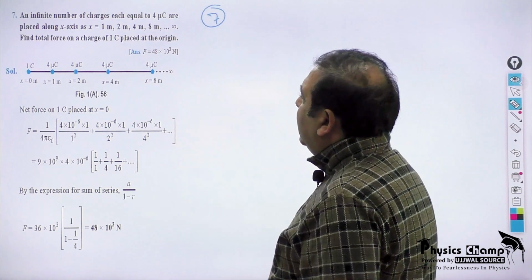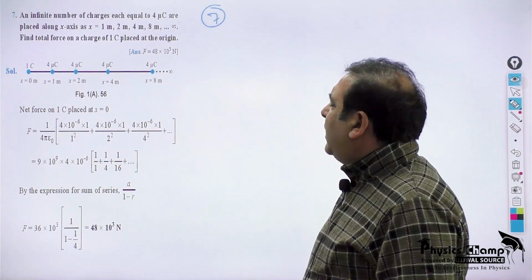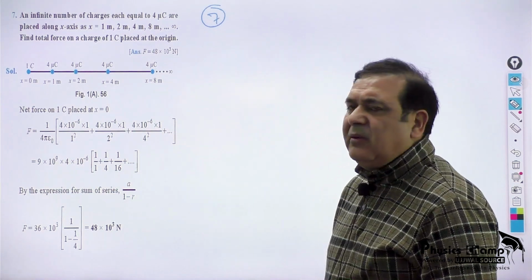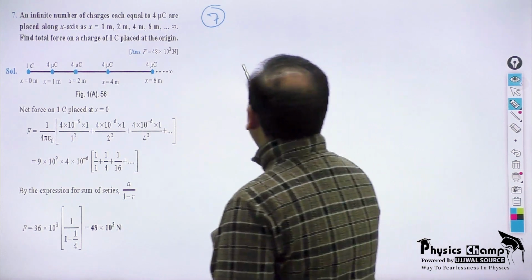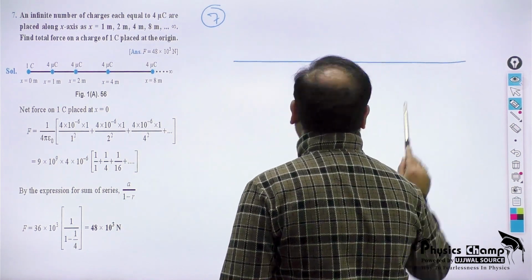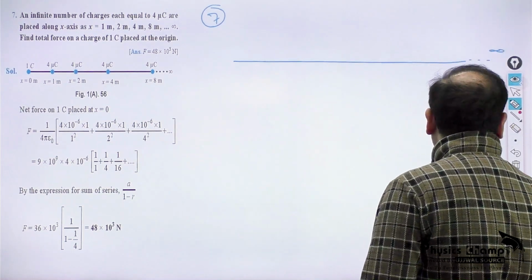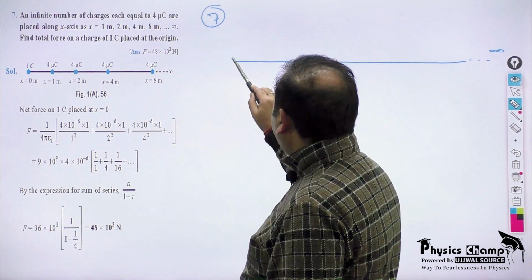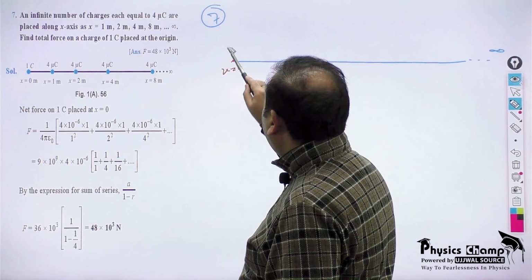Question number 7 says, an infinite number of charges each equal to 4 microcoulomb are placed along the x-axis at x equal to 1, 2, 4, 8 meter, etc. So you can just treat it as a line which is towards infinity, and then at x equal to 0 we have a charge of 1 coulomb